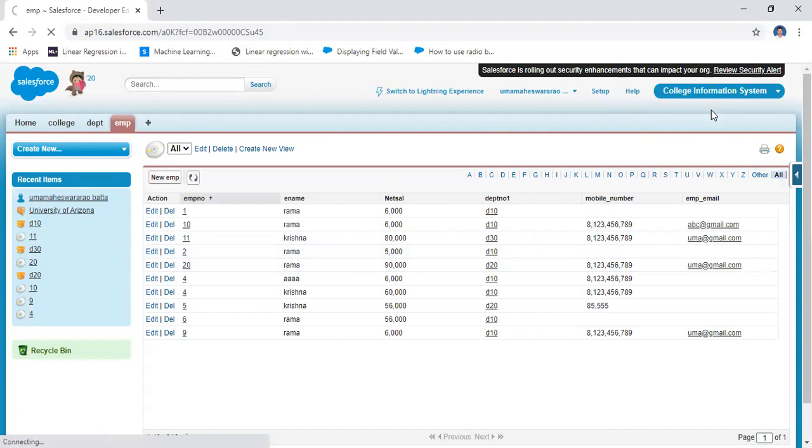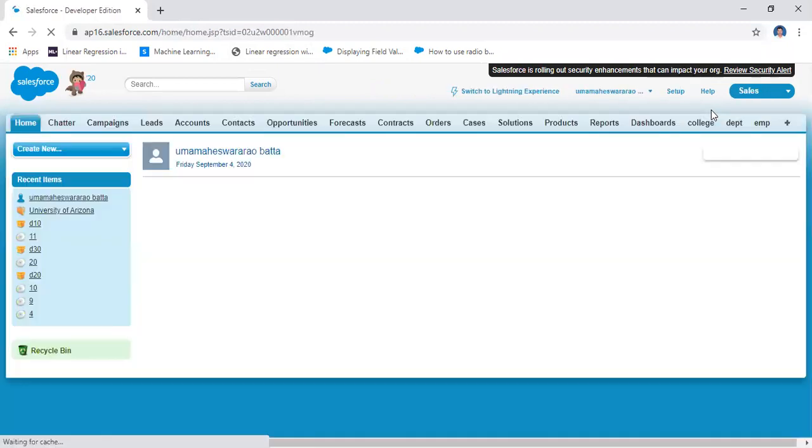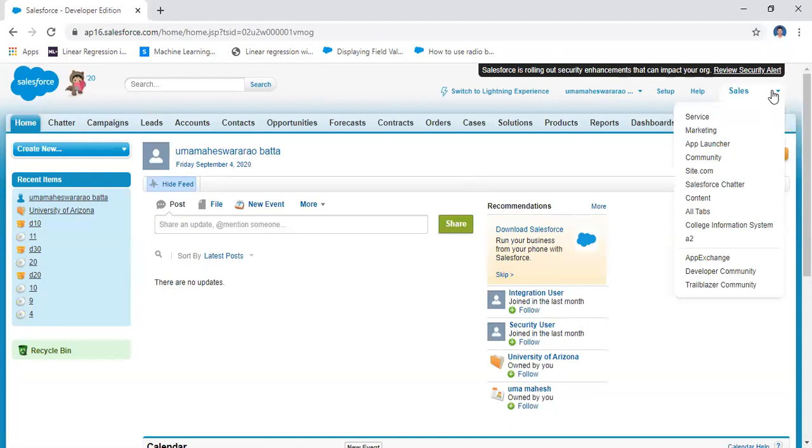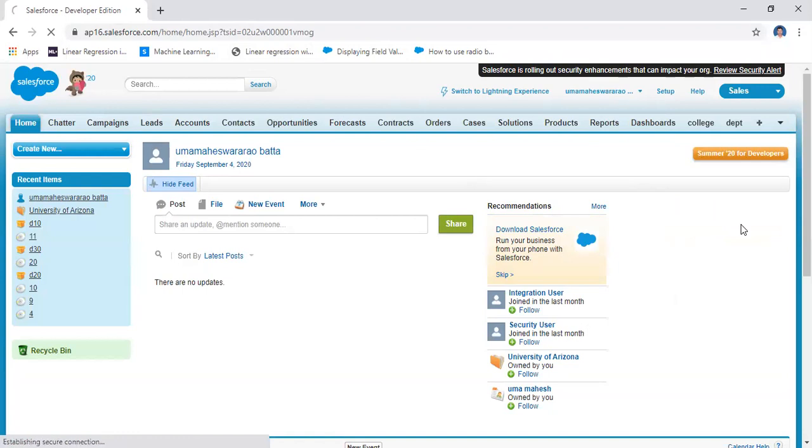Here, Sales is one application. This is called the classic view. You will see all applications in the top right corner. Already you created a custom application, called College Information System.